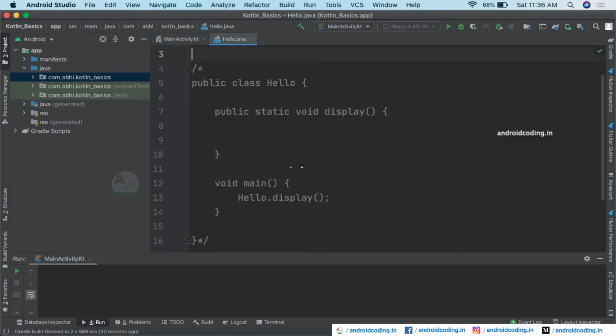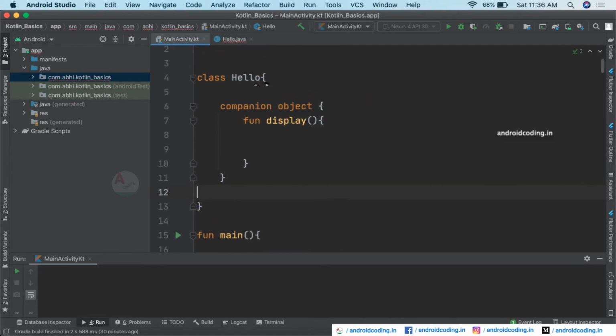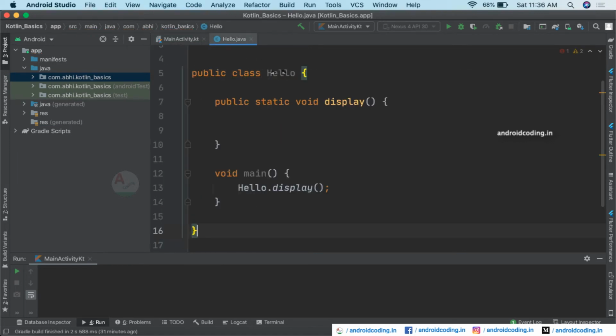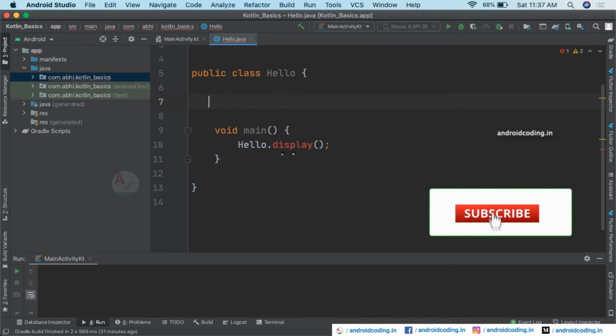Just to make sure that it's a static method declaration, I am going to uncomment the code here, and also rename our Kotlin class to hello2 to avoid the same name. Inside, we are using the display method which is declared inside the Java code. This is a static method, and the moment I remove this, you can see we got an error here.